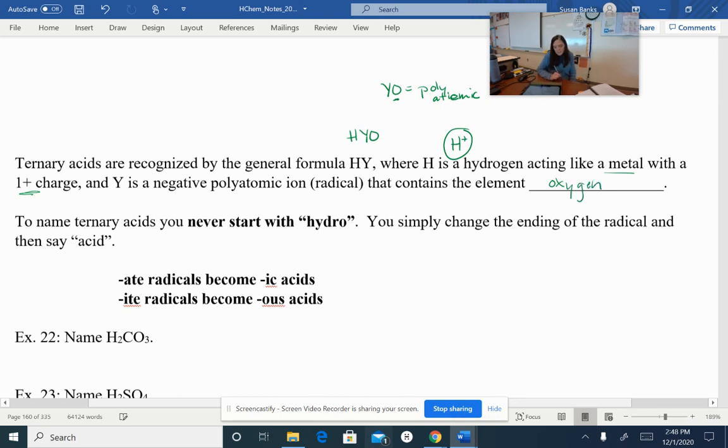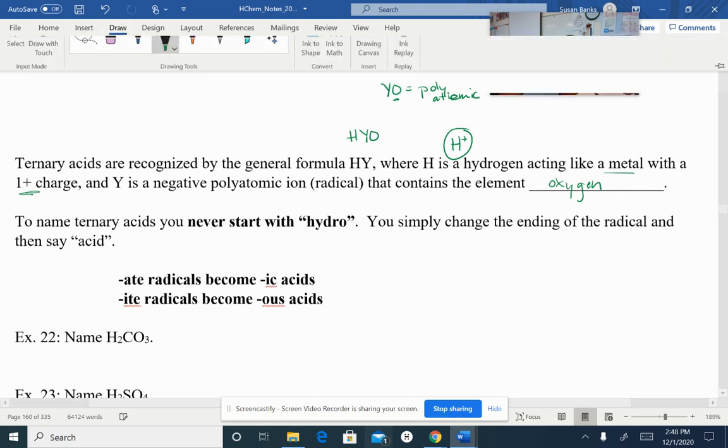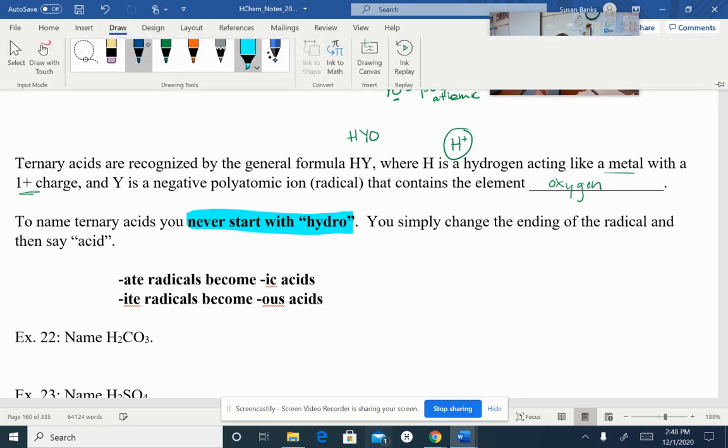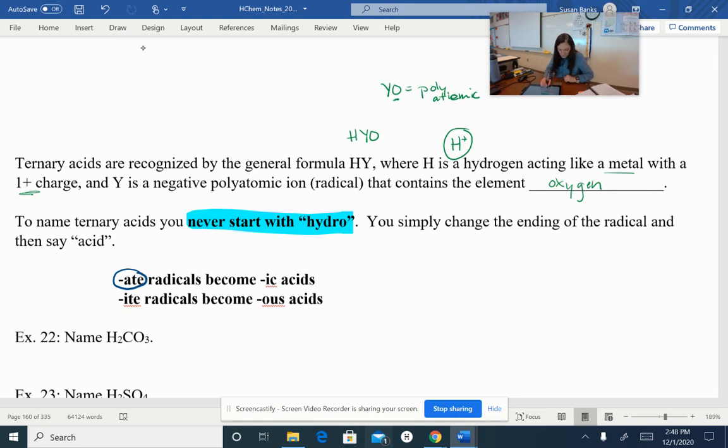Okay? To name your ternary acids, you never ever start with hydro. Never ever. Hydro is just for the binary stuff. Okay? You simply change the end of the radical and then say acid. Okay? So, if that polyatomic ends in ate, you're going to change it to ic, acid. If that polyatomic ends in ite, you're going to change it to ous, an acid. So here we go. Let's name